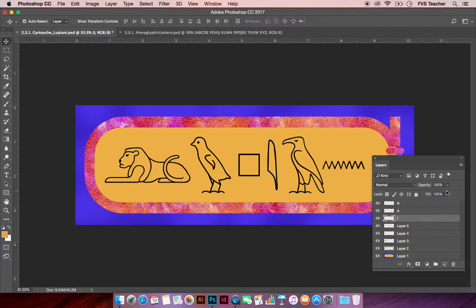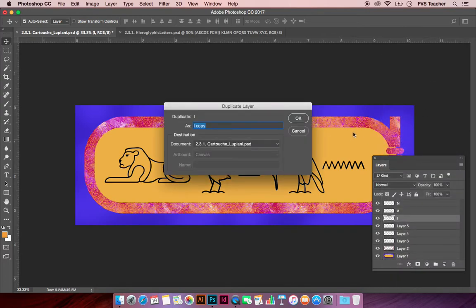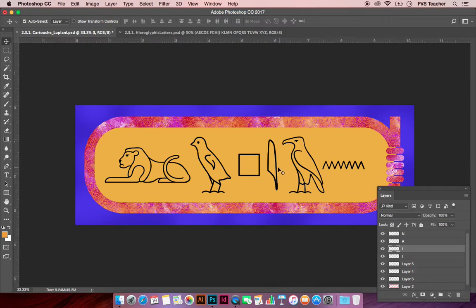and then I'll go up here to duplicate layer. Click that, and it's telling me it's an I copy. I'll just name it I and hit OK. So now I can see that I have 2 I's here, and I'm just going to select this I, and I want to take my move tool and just move it over